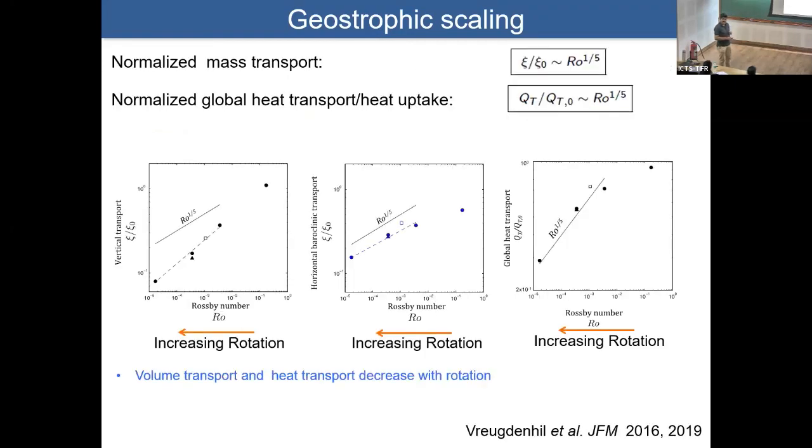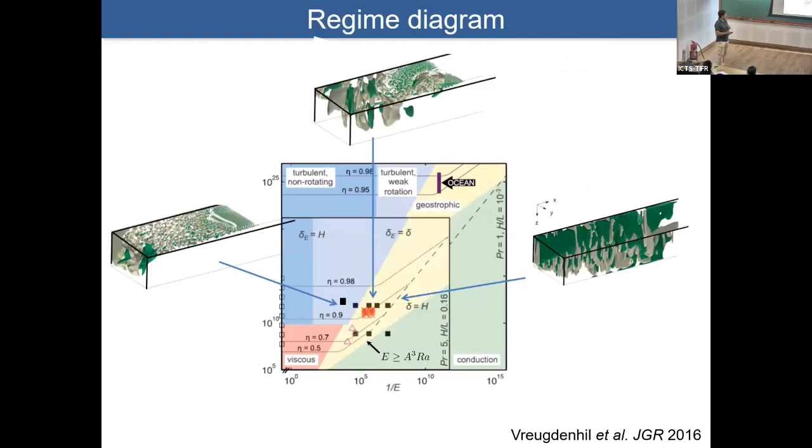We tested this scaling with the experiment and numerical simulation. We're quite happy with the scaling. And now we draw a regime diagram of the ocean. This is the first effort of a regime diagram of the ocean. Where is the ocean lying? This is the axis of rotation. This is the axis of buoyancy forcing. Of course, we don't have wind here, but that was another day. I will talk about that story.